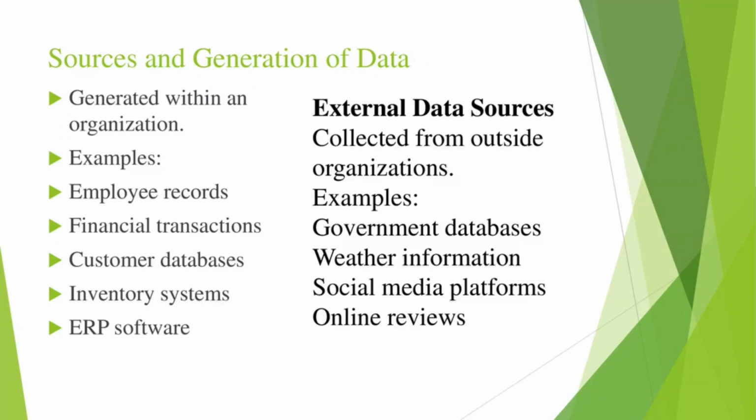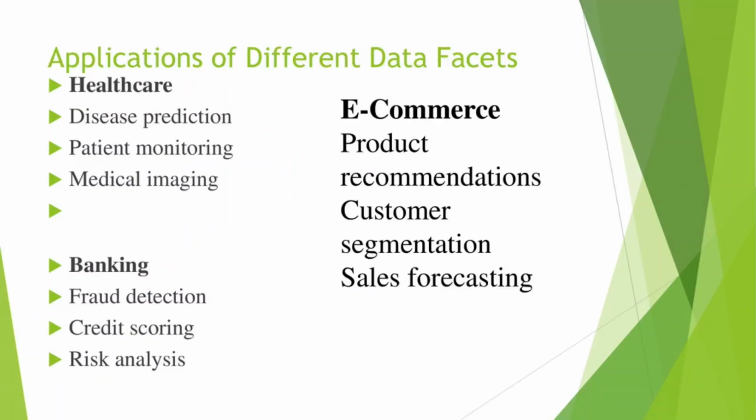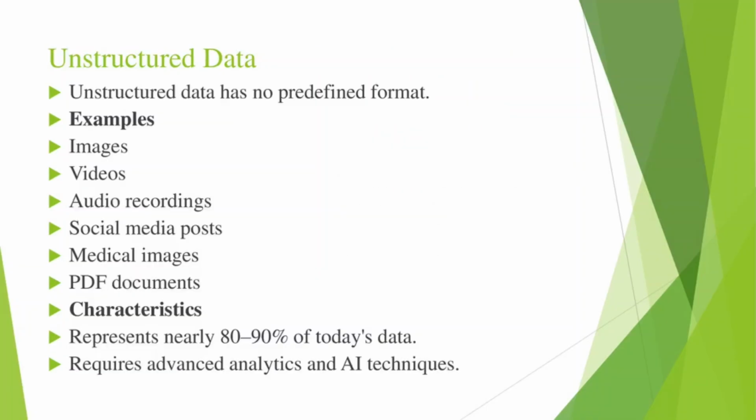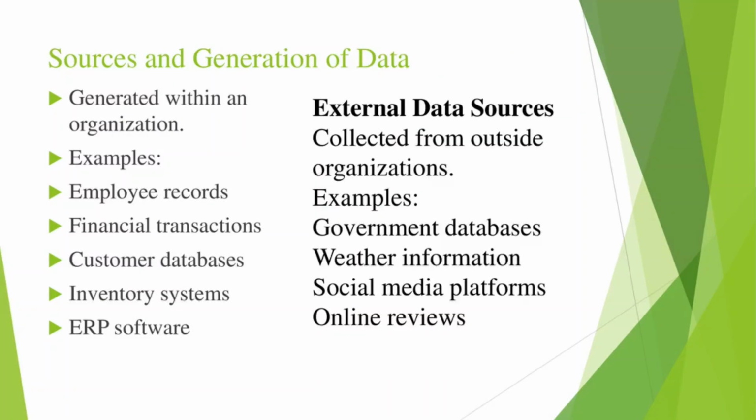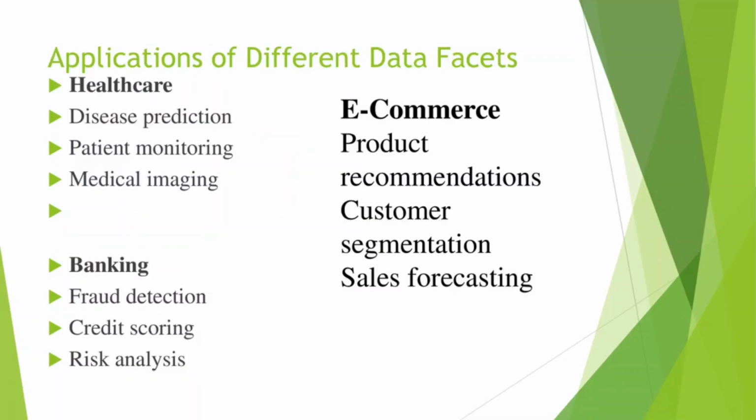Quantitative data is divided into discrete data and continuous data. Discrete data consists of countable values and usually contains whole numbers. Examples include the number of students in a class, number of books in a library, number of employees in a company, and number of vehicles in a parking area. Continuous data consists of measurable values that can take any value within a given range and often includes decimal values. Examples: income and